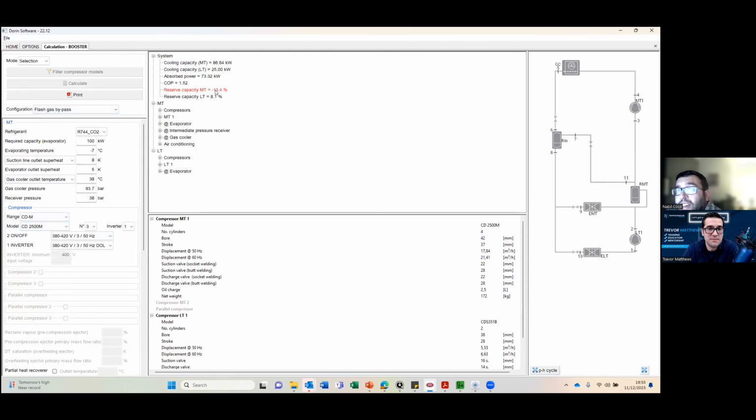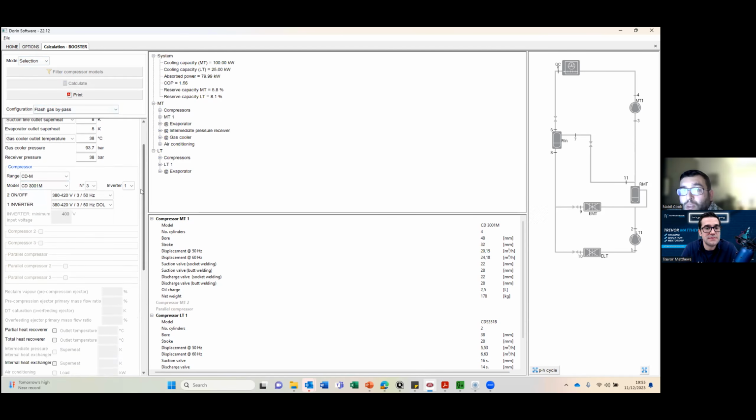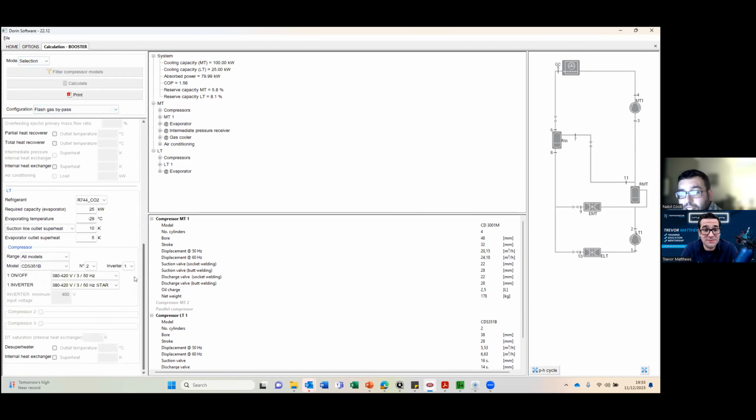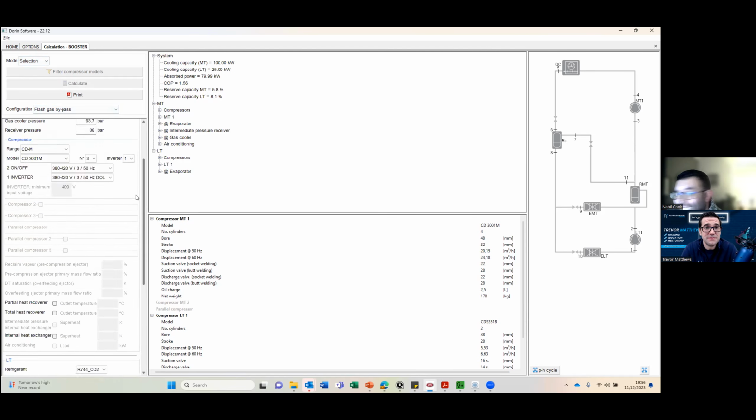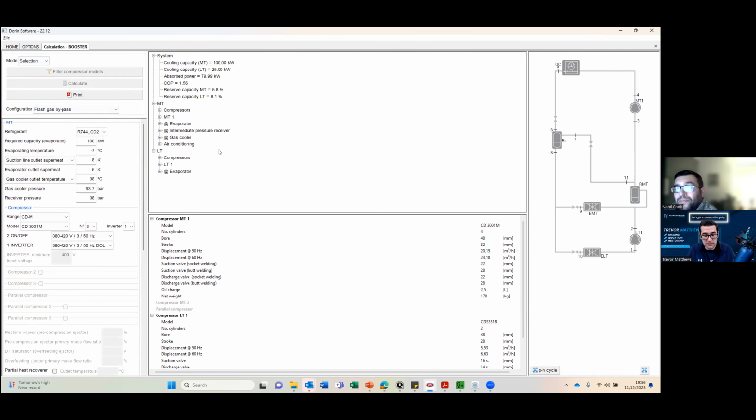And we're nearly there. So we're at minus 13. So we're slightly under now with the current selection that I have. So this is what you have to do. Now we're 5.8% over on MT and 8.1% over on LT. So we're less wasteful of compressor displacement right now than what we were. Exactly. And that's what you got to do. You got to try to fine tune that selection and to get it right,